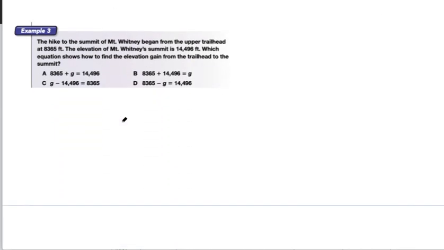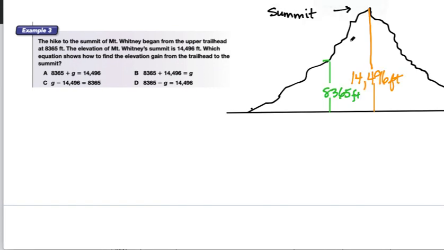Here in example 3, we're looking at a hike to the summit of Mount Whitney, which began from the upper trailhead at 8,365 feet. The elevation of Mount Whitney's summit is 14,496 feet. Which equation shows how to find the elevation gain from the trailhead to the summit? So let's think about what we just read. So our situation is something like